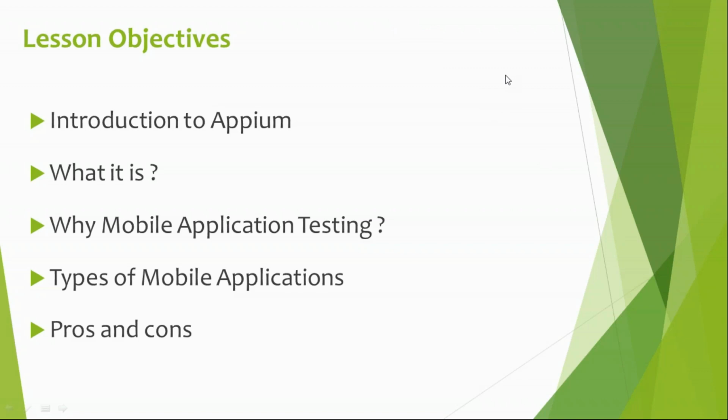So a combination of both native as well as web. There are three types of application: native, hybrid, and web applications. Native applications are the applications which lie in mobile, and they don't require any internet connectivity. The applications are purely installed in the mobile device, which will communicate with the mobile operating system. Whereas web applications are similar to desktop web applications, like launching a URL in a browser. For Android, we are using Chrome browser, whereas for iOS, we are using Safari browser.